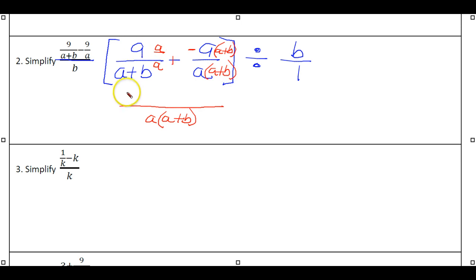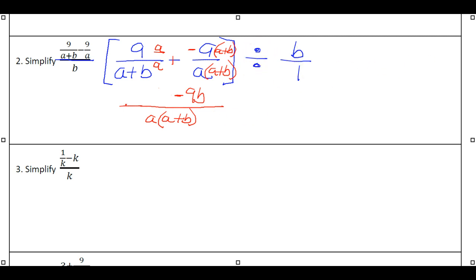Now I have here 9a minus 9a minus 9b. So this is what I have here. Now notice my 9a's will cancel out through subtraction, so I can just erase them here through the magic of an eraser. And I now have this